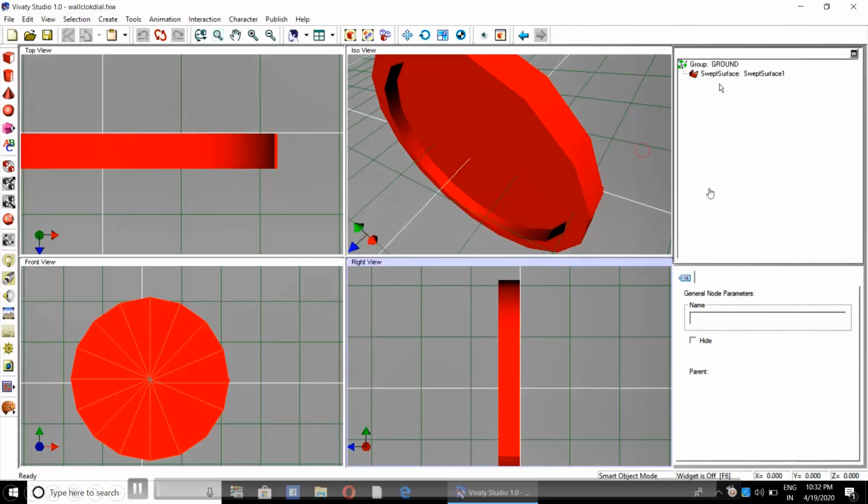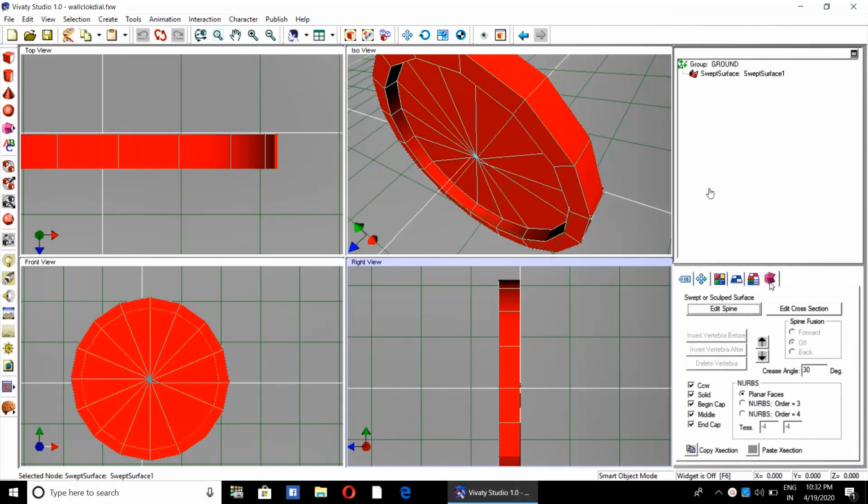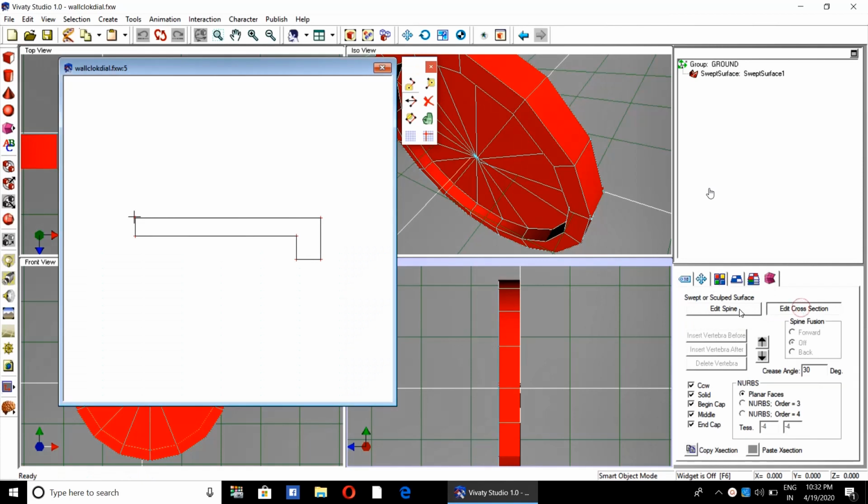Now we will try to create the hole at the center. So I will shift this particular section away from the center so that it will create a hole for me.